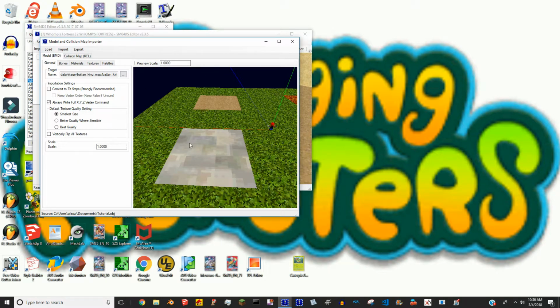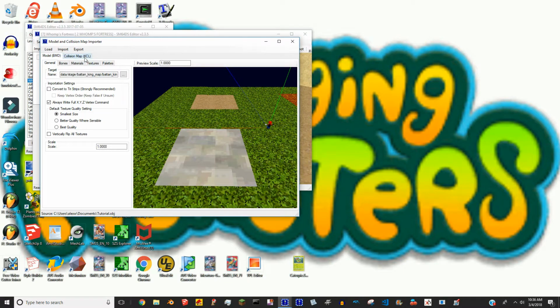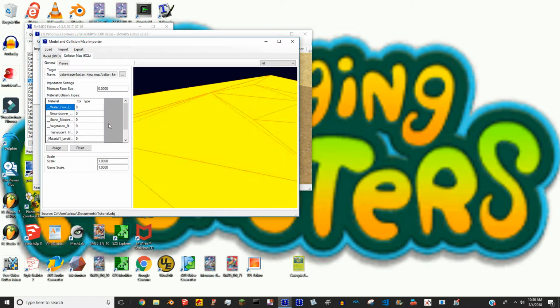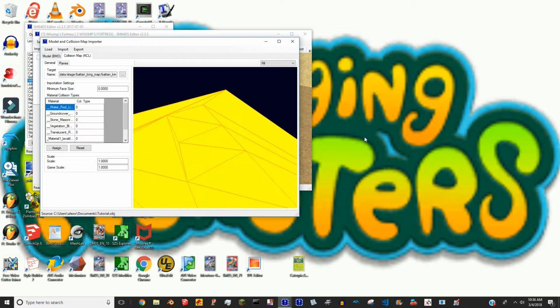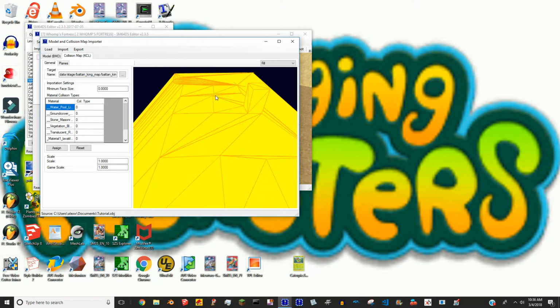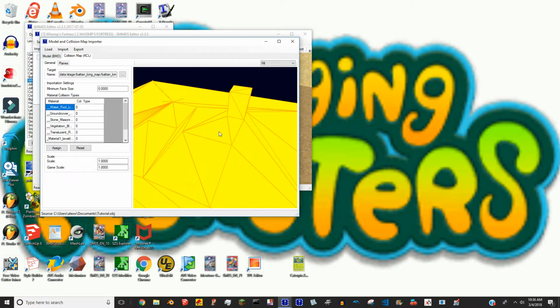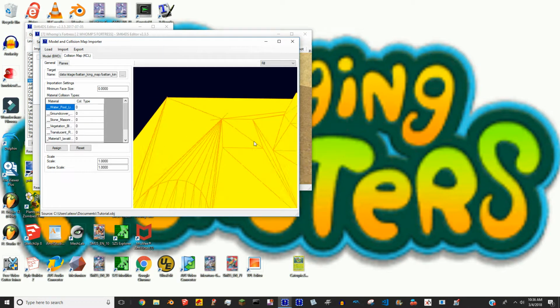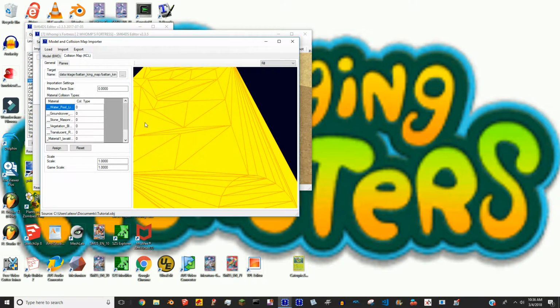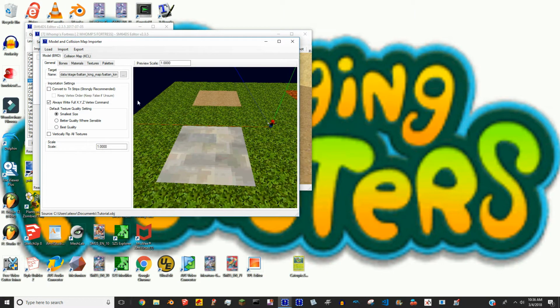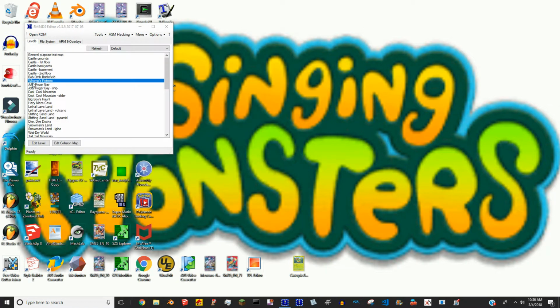But anyway, let me go to the collision map and see what happens. Okay, so everything is found on the collision map. But sometimes the planes are going to get cut off, and I'm going to show you how you fix that. Say some of these triangles are missing, or a lot of them are missing. So what you want to do then is import the model, get that imported, and then reload it,